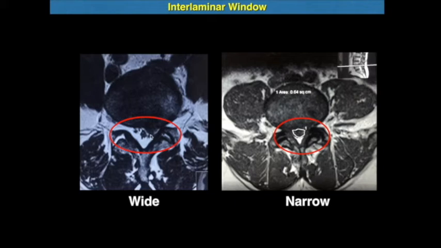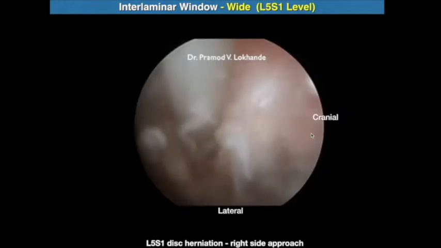With the wide interlaminar window, the root is seen here, which is quite far away from the facet joint, whereas with the narrow interlaminar window, the root is usually hidden under the facet joint. Consider the first scenario with the wide interlaminar window. Once the endoscope is inserted,